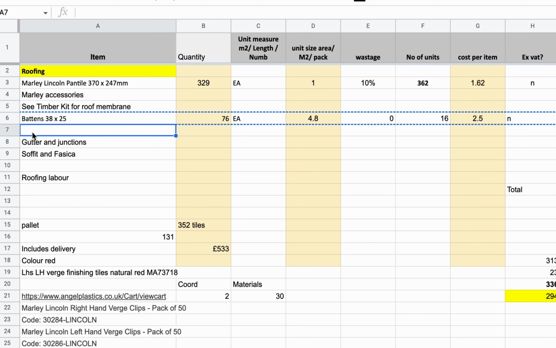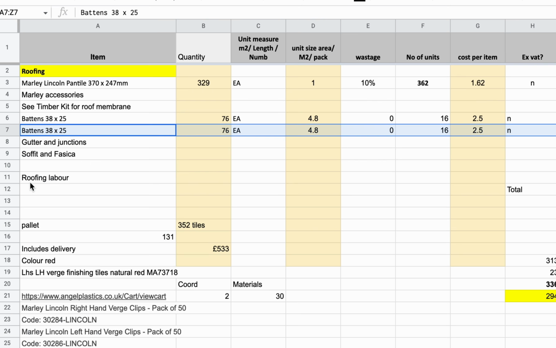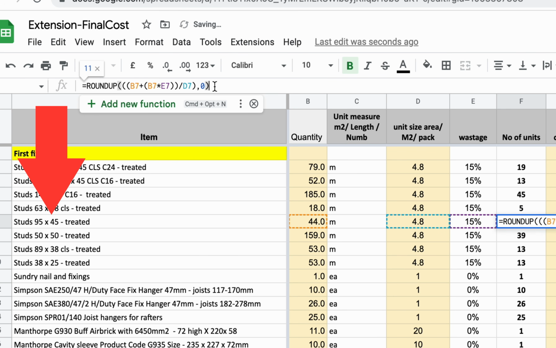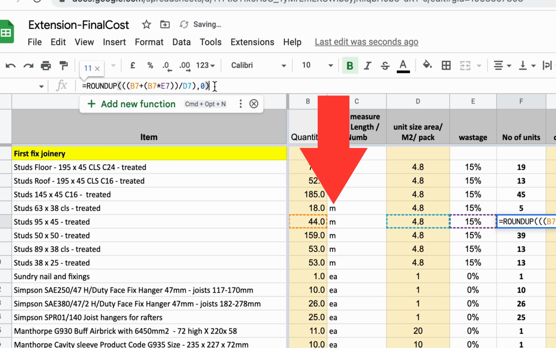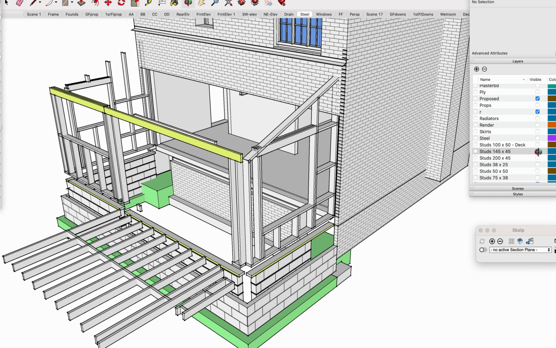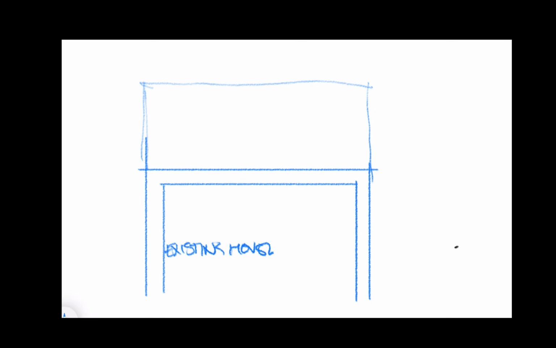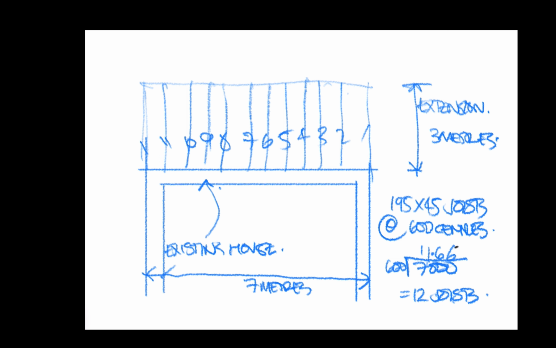So then I've got these formulas, and let's illustrate how they work by starting with a length of 4.8 metre 95 by 45 graded structural timber as our first example. Now for buying timber studs and joists, we order by linear metre, so I'll take my drawings and measure my total length of this particular timber type on my drawings, and if I don't have drawings I'll quickly sketch it out like this, and then I'll add a bit on for wastage, since with timber we'll always have some cut-offs